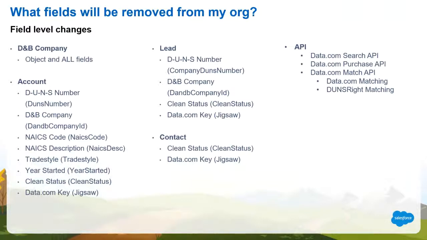Yeah, and the ones that stand out to me and that we've seen from our customers are the DMV company record for sure, because it has a lot of data in there. And then things like the NAICS codes and descriptions, DUNS numbers if they've leveraged it, and trade style. So a lot of times we've seen customers leverage those for their assignment rules or their Territory Management 2.0 rules or formula fields, that sort of thing, or even validation rules, where a customer of ours who made the transition already from data.com over to DMV Optimizer hadn't, or I guess they skipped that step for one reason or another.